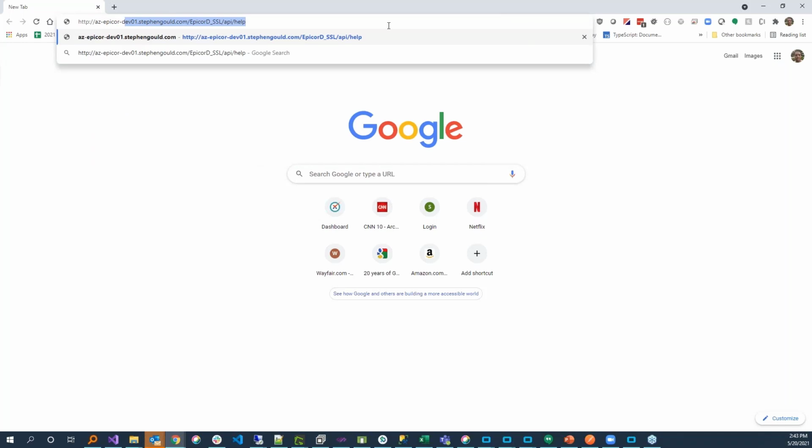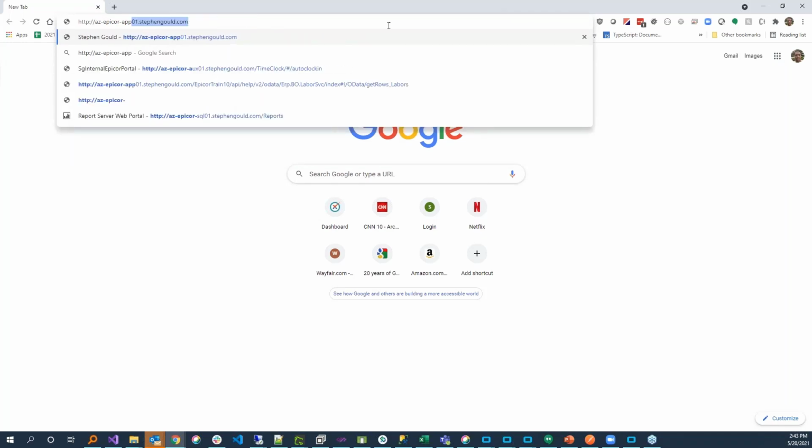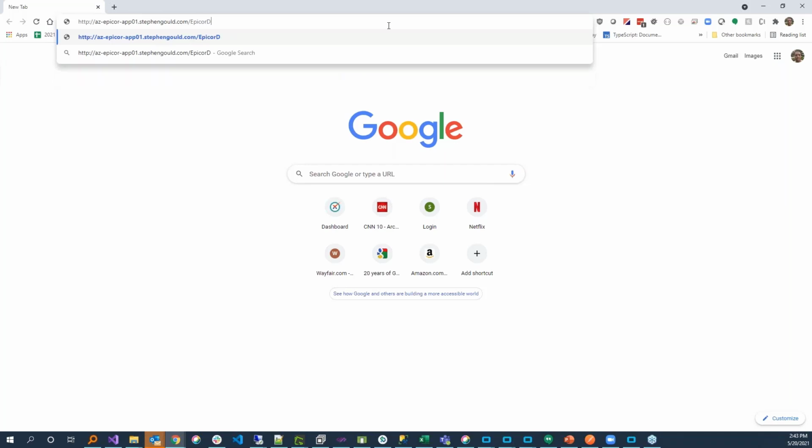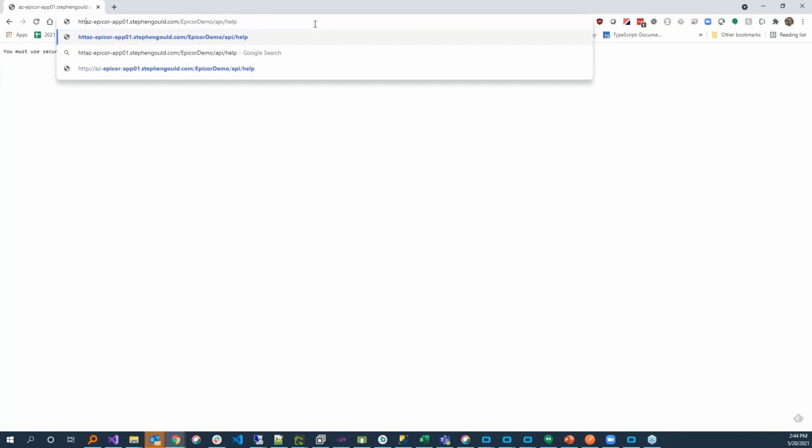And so what that means is that REST is just there. It's available for you to use. Nobody has to turn it on. Nobody has to do anything special to get to it. And to get to that OData page, all you got to do is visit the URL where the REST interface